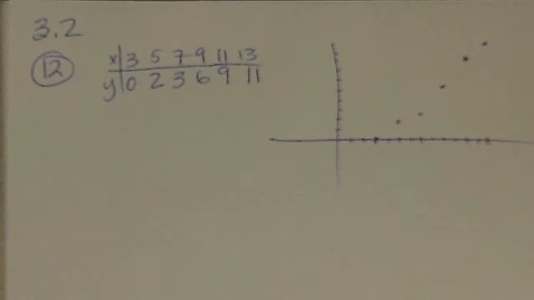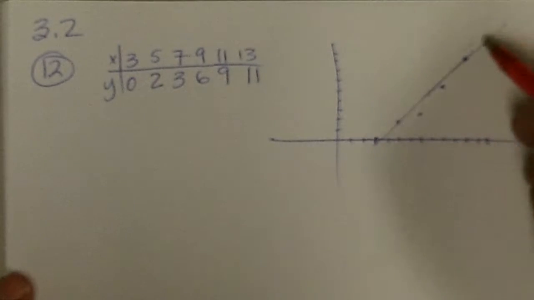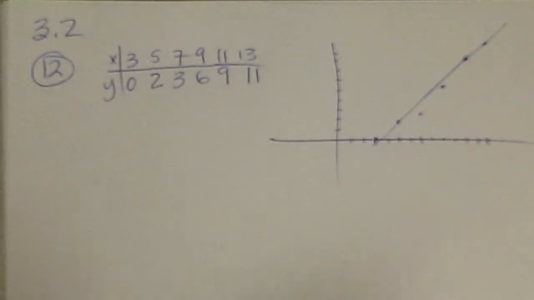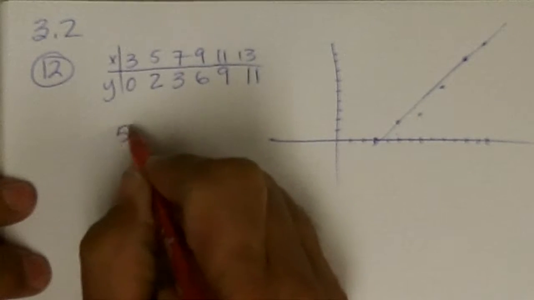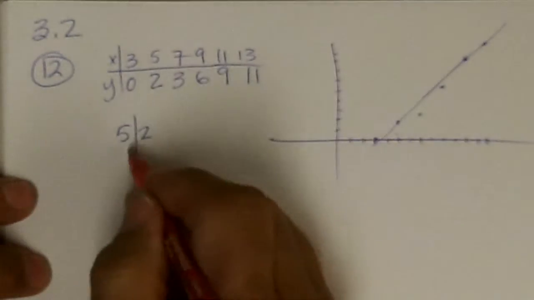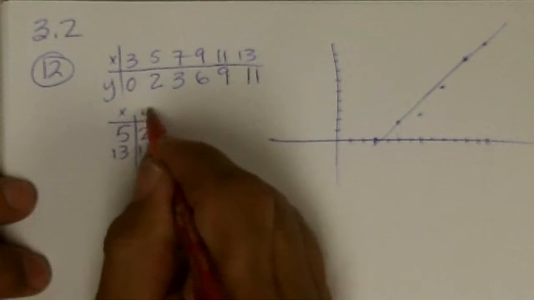And select 2 points from the scattergram and find an equation of the line containing the 2 points. So if I were to kind of roughly draw a line, it could pick either one of those, and yeah, I'll take the second one, which was 5, 2, and one of the last ones, how about 13, 11, and